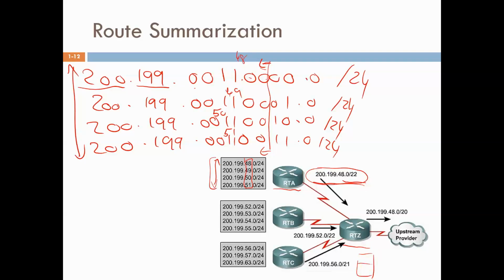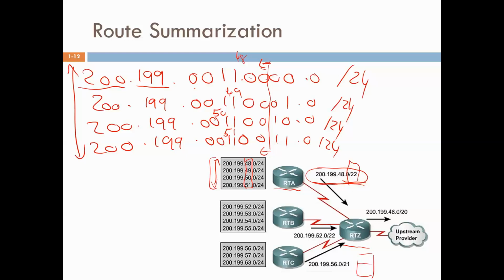And from the point of view of router Z, it doesn't really care whether there are four subnets behind router A or two subnets or one subnet or whatever. Router Z will not care. Router Z will only care that this is actually the right destination, that in order to forward the packet to any of these four subnets, I just need to match with the